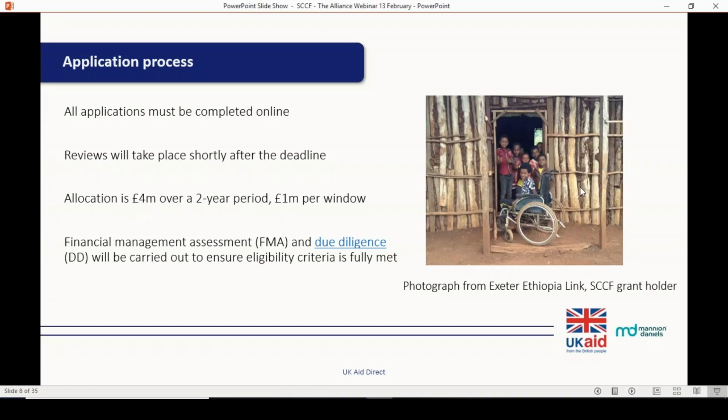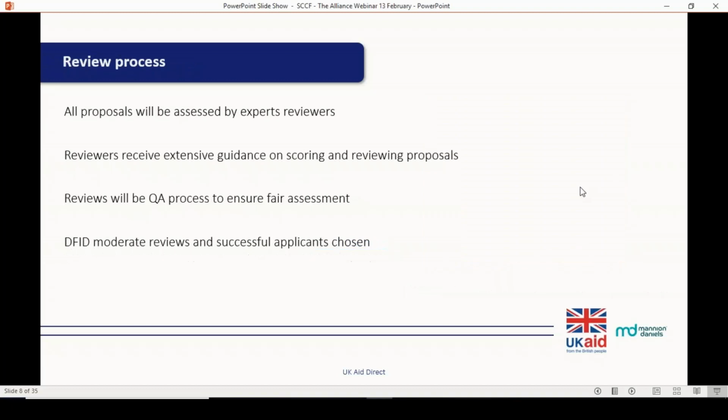After applicants are notified that they've been successful, a full financial management assessment takes place from our fiduciary risk team, and due diligence is carried out to ensure that applicants really are eligible. And again, I'll come on to that in a bit more detail later on.